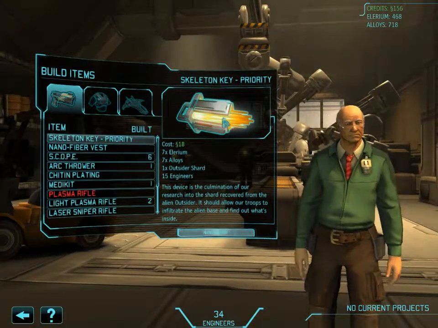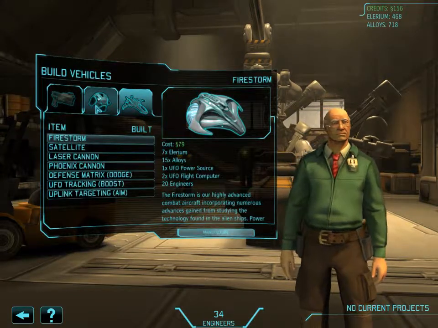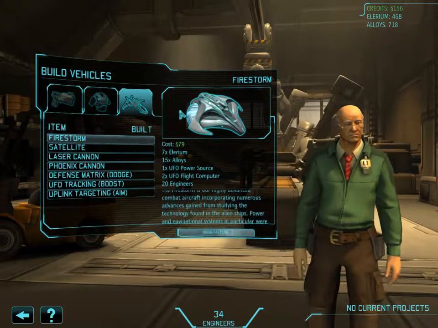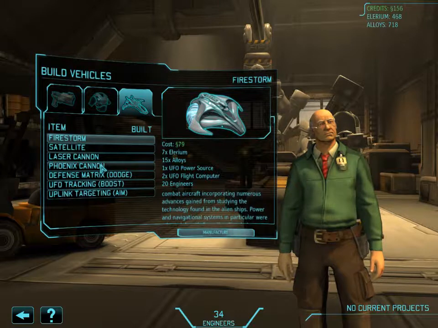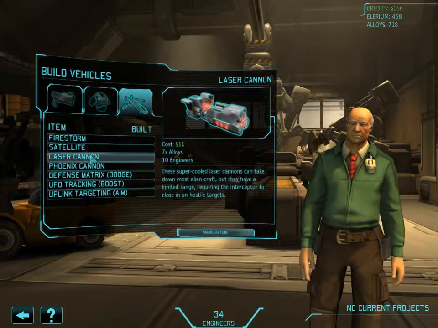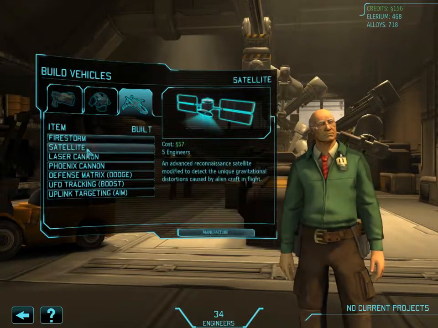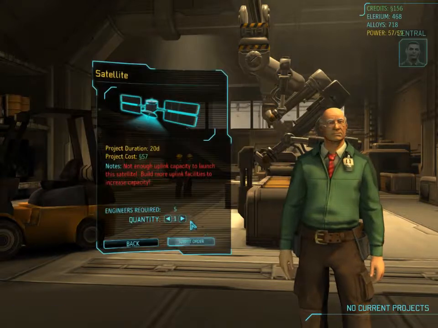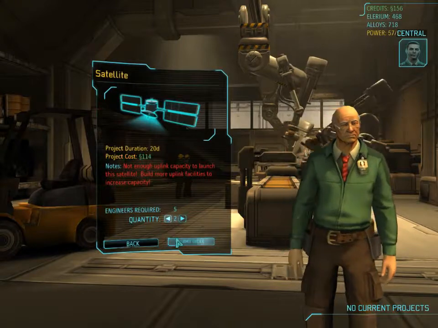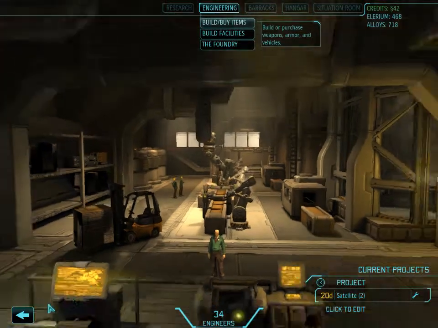We could build a skeleton keep before too long. Probably won't worry about it quite yet. Firestorms, this is pretty much like your interceptor, but way better. So Phoenix cannon, laser cannon. Yeah, we could build a few satellites, I guess. They take forever to make, so...